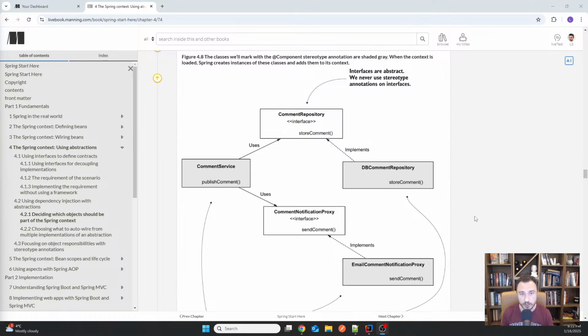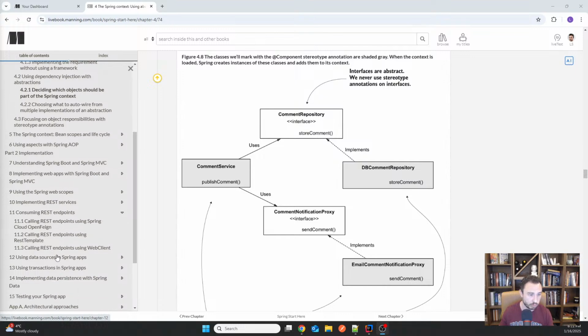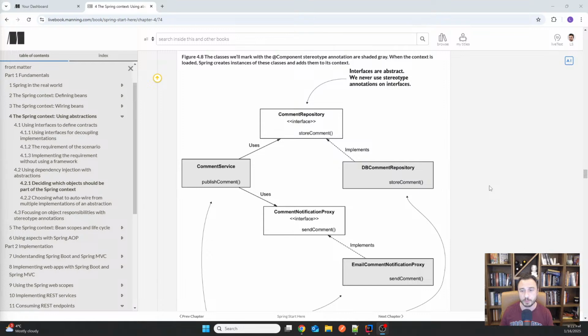That's, for example, what Spring Data does. We will talk about Spring Data a little bit later. I think it's chapter 12 now, where we'll discuss a bit more about Spring Data. But the point is, it doesn't make sense to use them everywhere. And I promised you I will tell you also about